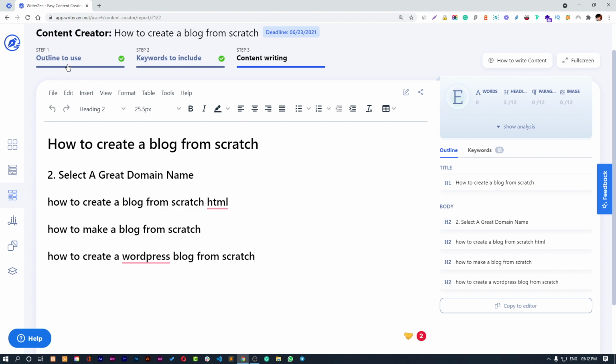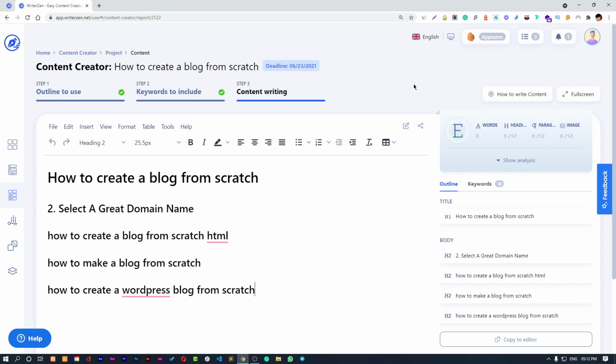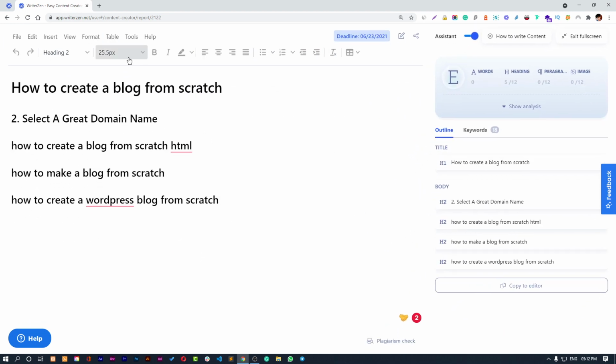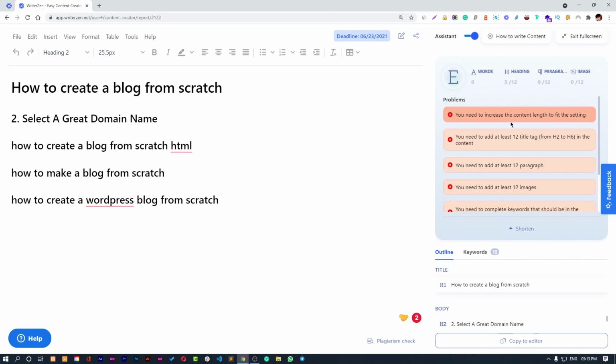So since we have utilized both of these, we can just get rid of this whole section by just clicking on this full screen button, and that's awesome. You will get an experience to write content, like you can focus on the content writing from this panel, right? So here's an analysis that will show you the problems right now.